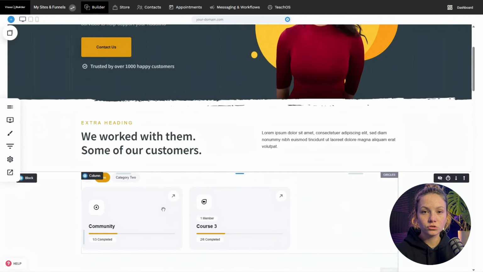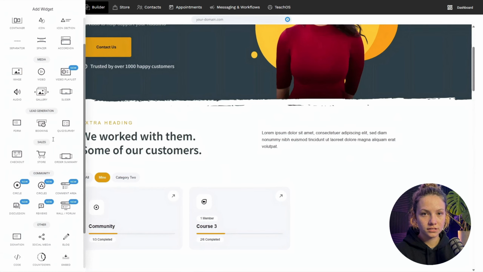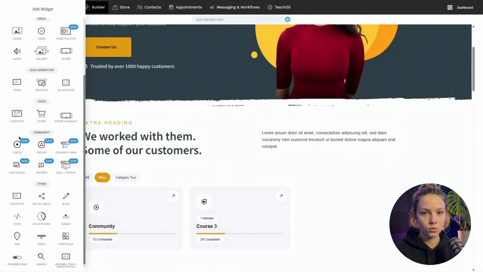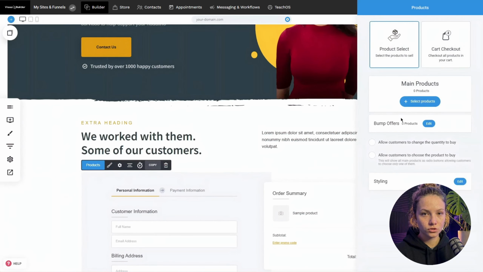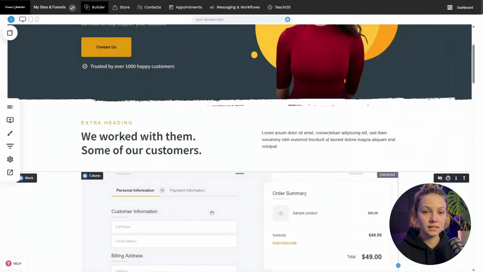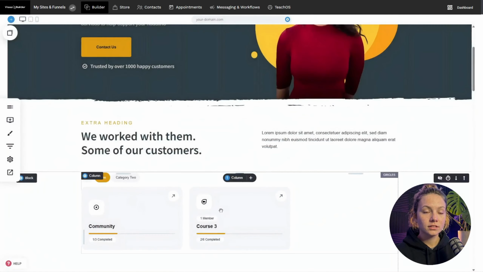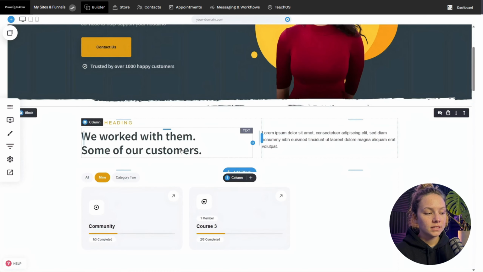Now, the other way to also sell access to a specific course and circle is to use the checkout widget on any page. It can be part of a sales funnel or just a single page. Anywhere you can have the checkout widget, and inside of the checkout widget, you can pre-select which course product you want to sell access to, as long as they have a payment inside. So you can select the course, and then people, when they purchase it, the same usual way, they'll gain access to that particular community, circle, course, whatever that is. So this is how simple it is to list all your communities and to also purchase access